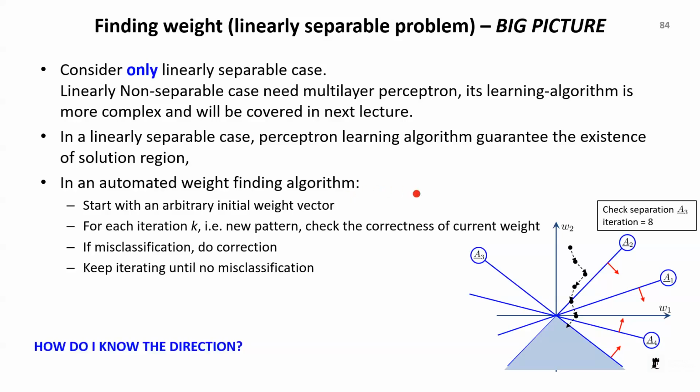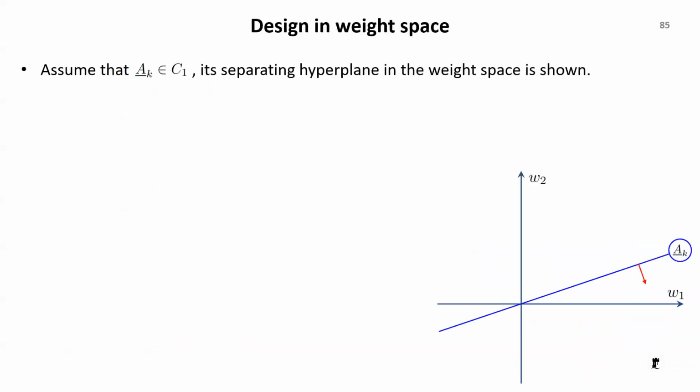The question is, how do I know this direction? That is the key of this particular lecture: how to find the path that goes to the right solution. And to do that, we need to look at the input space. Let's assume I just pick a particular point in the input space. I have this discrimination line, assume for the positive class. So the solution is here, down here.